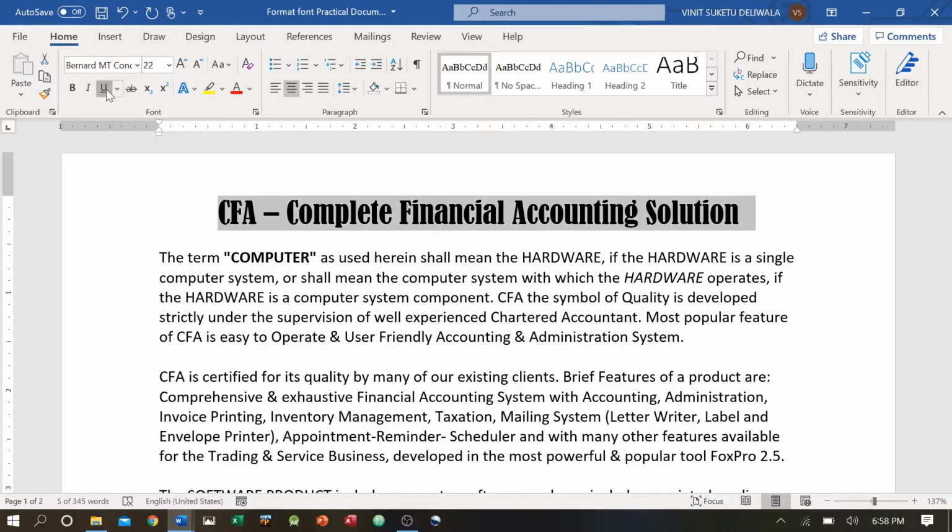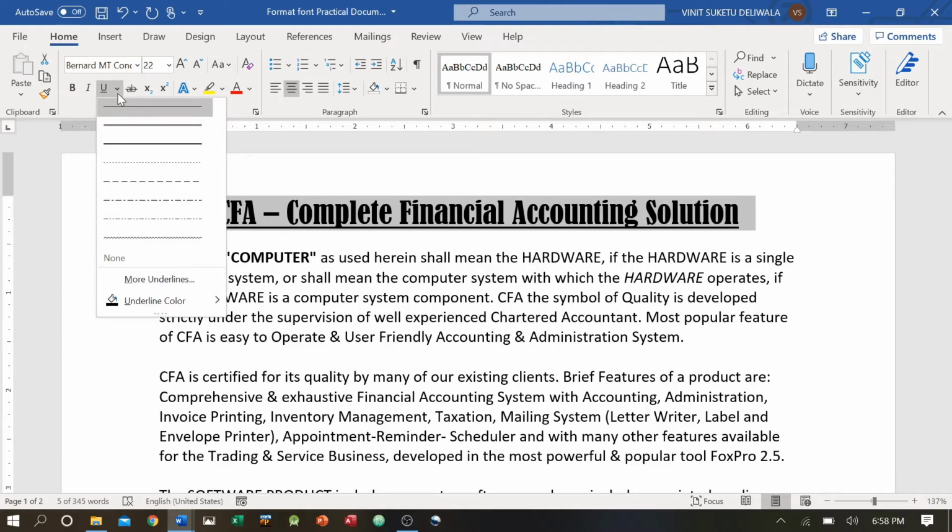I'll select this text again and I'm going to click underline. Click. You can see it is underlined. But if I want choice in underline, there is a button next to it. This is technically known as a drop down list box, that is DDLB. I'll click the arrow of the drop down list box and I get choice in underline style. I can go for double line. I can go for dot lines. I can go for dash dot lines. Whatever I want, I can go for it.